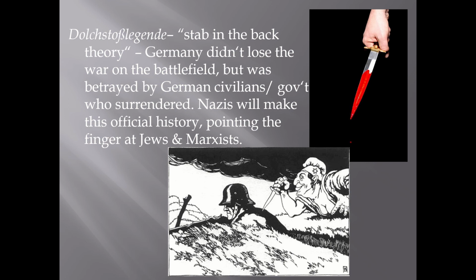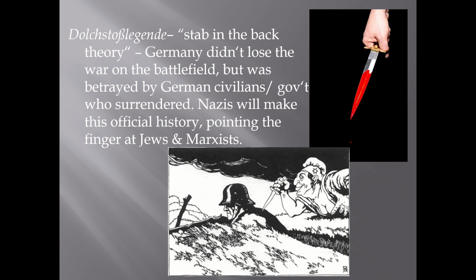Now it's ridiculous. It's made up. It's not factual at all. But Germany and Hitler will be harping on this idea that the Jews, because the Jews historically have been othered, they've been the scapegoat throughout European history. We've talked about that quite a bit. They're a convenient target. There's a lot of anti-Semitism to work with in European culture. And Hitler and the Nazis hate Marxists, they hate communism. So they're going to peg them as the same thing.